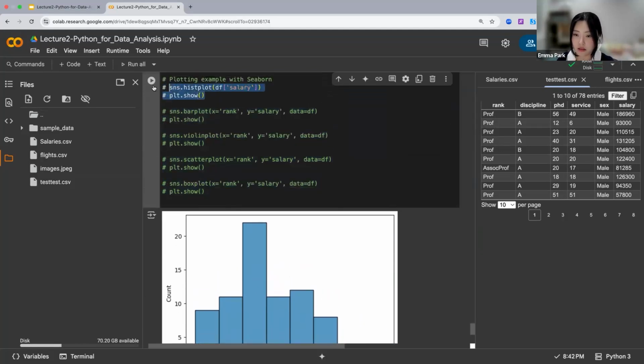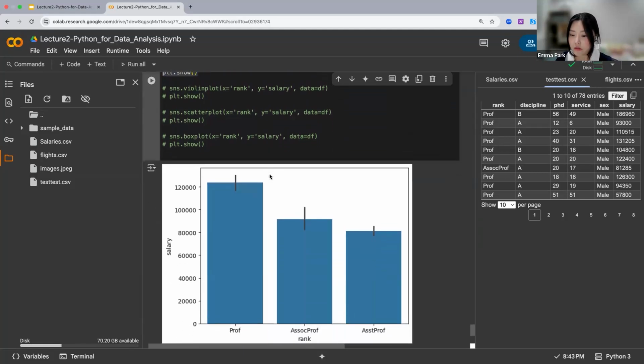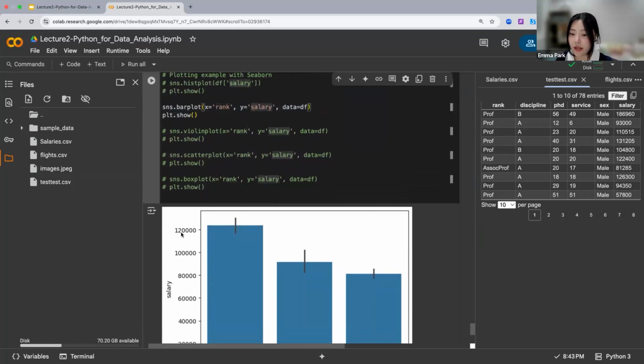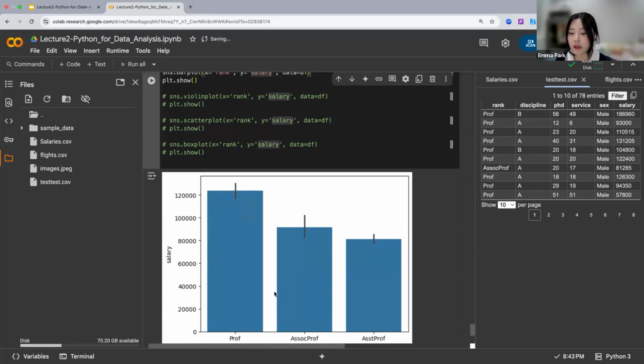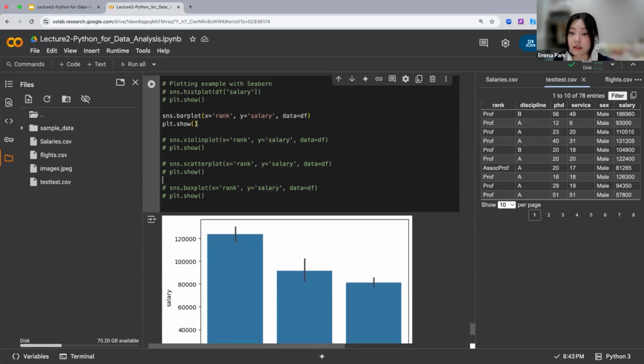And then you can also do bar plot. Yeah, this is more like you want to see the data by rank, and then Y is going to be our salary, and then you can see, okay, professors have high salary, and the associate professor and assistant professor, and then maybe you can think that in general professors have high salary, but you never know because you don't know the data yet, right? So